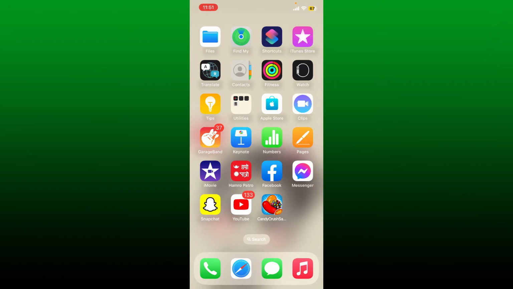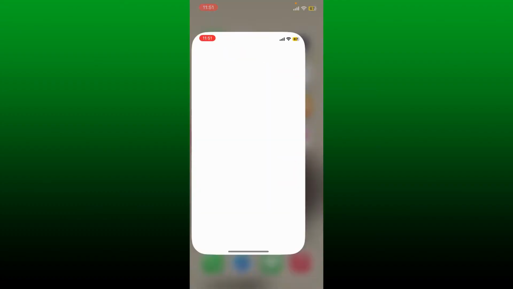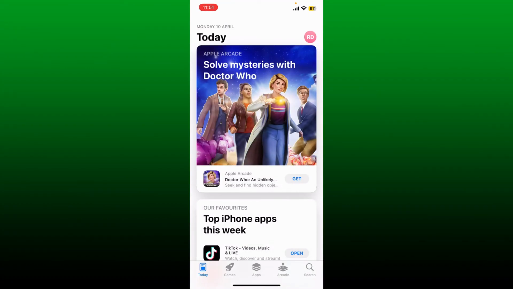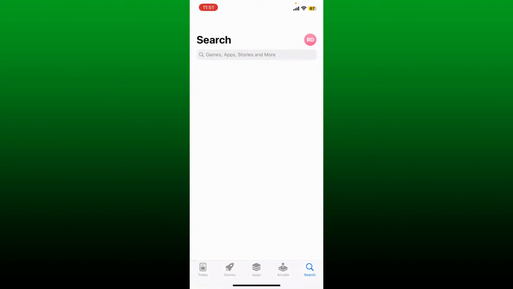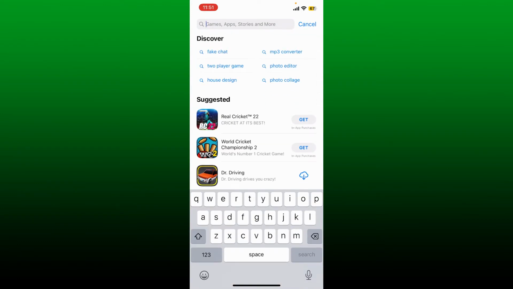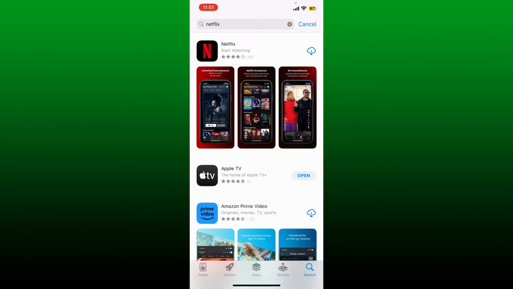To download Netflix application on your iPhone is easy. Open up your app store, but also make sure that your mobile device is connected to a stable internet. Soon after you open up your app store, bring up the search box and type in Netflix into the search box. Once you perform your search, right next to the Netflix application, tap the download button to begin the application